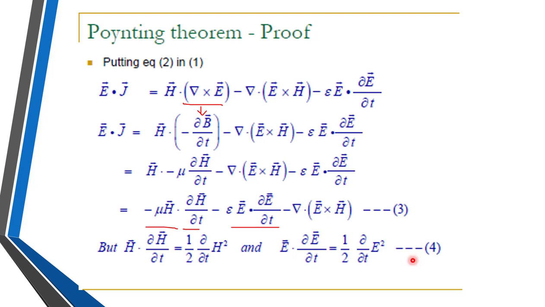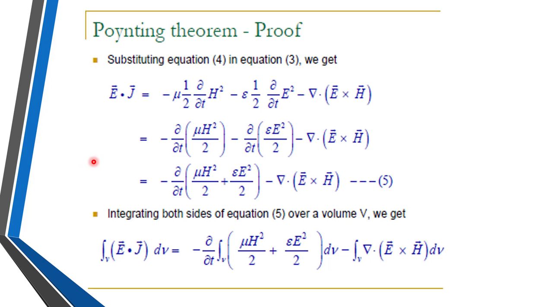Right. So we'll call this equation number 4. Now we can put equation number 4 in equation number 3 and find out what e bar dot j bar comes to. So substituting equation number 4 in equation number 3, we get e bar dot j bar is equal to, the